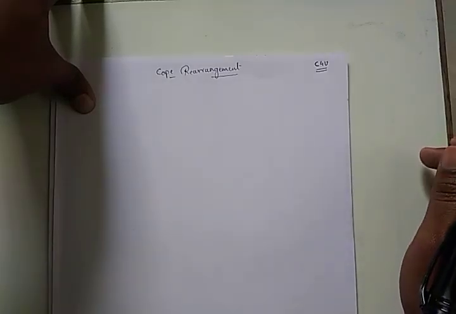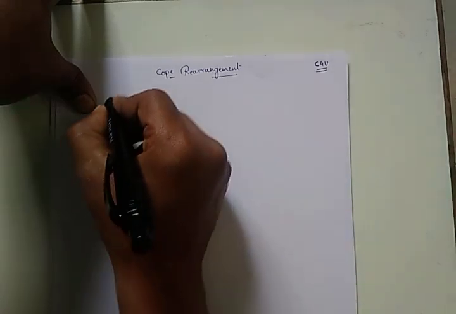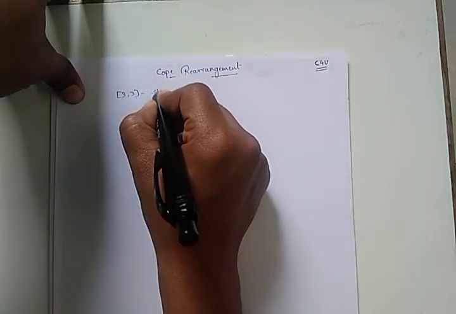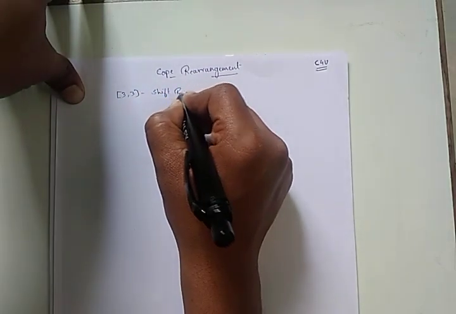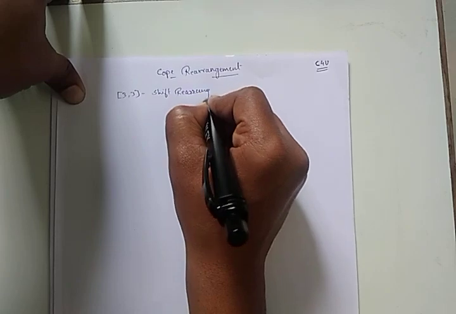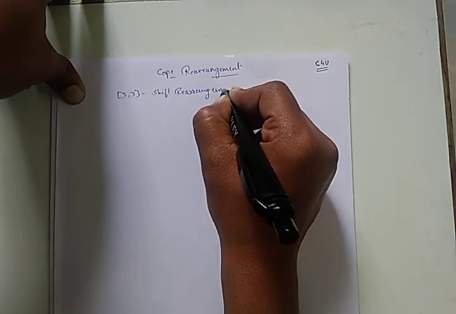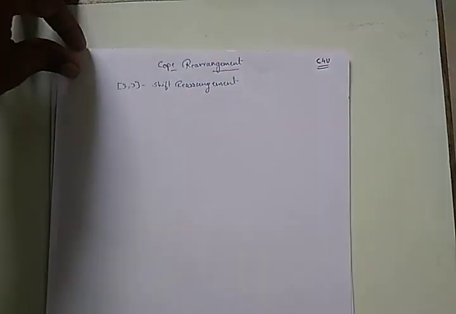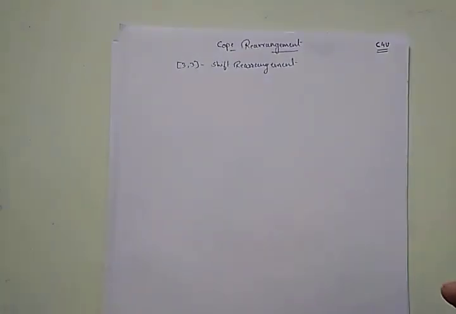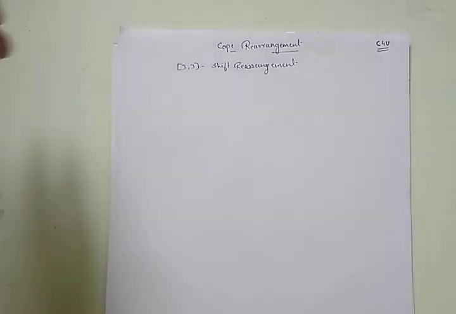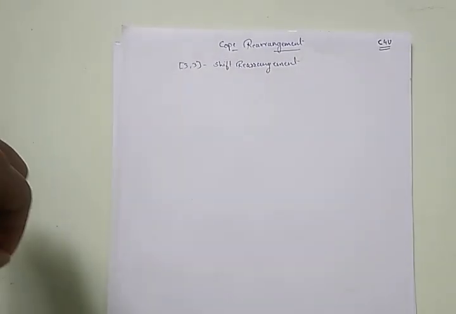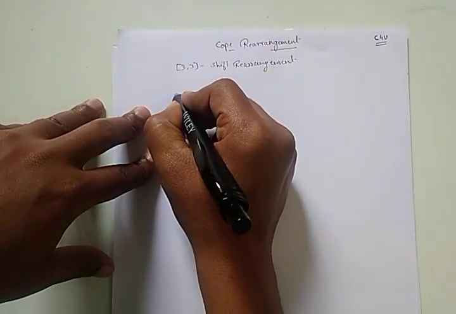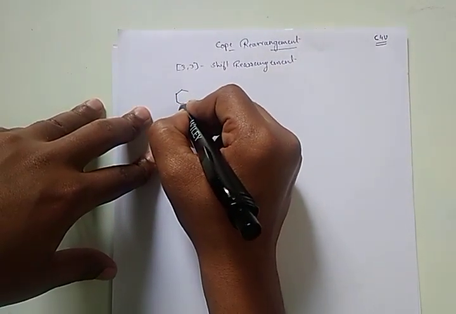Today's video is about Cope rearrangement, which is one of the 3 sigmatropic shift rearrangements. One example of such a reaction, the Claisen rearrangement, we already saw in the last video, and in this video we are going to see some types of the Cope rearrangement. So basically Cope rearrangement is again an intramolecular rearrangement like your Claisen rearrangement, and it just needs a diene system